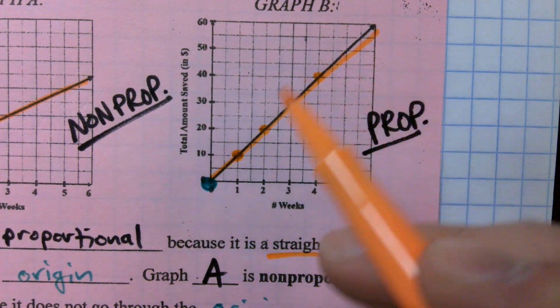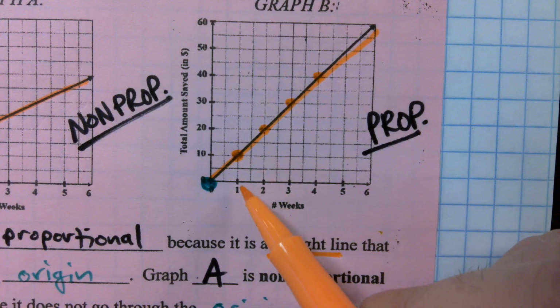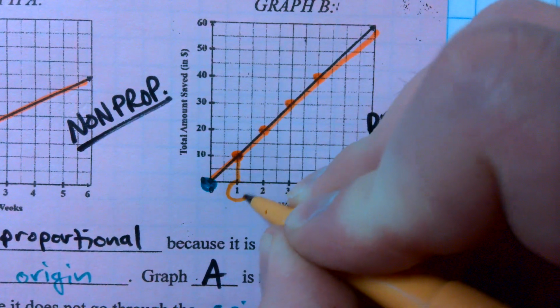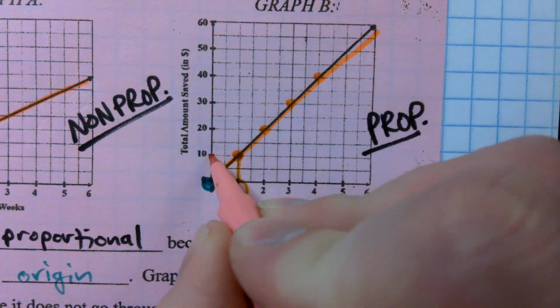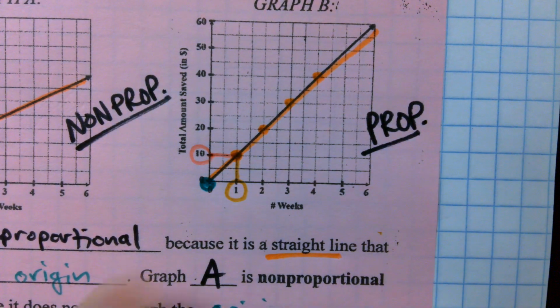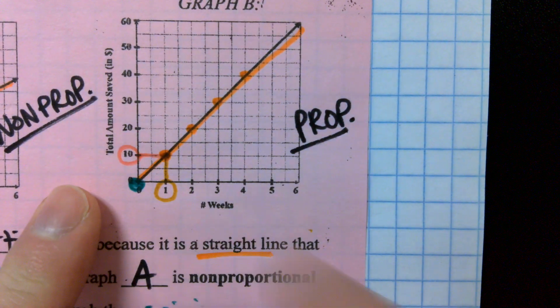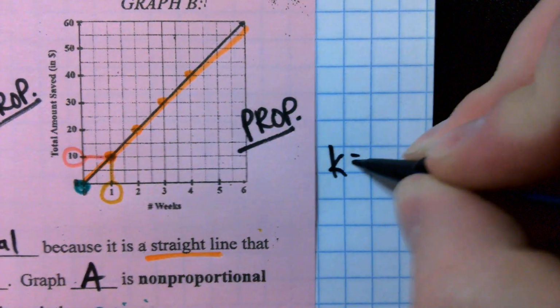If I was going to find K from here, I got to take one of these points. I'm going to look down to my X value. Where does this point line up on the X axis? 1 week. Where does that point line up on the Y axis? 10 what? Total amount saved, in dollars. So $10 in 1 week. So the K value here,